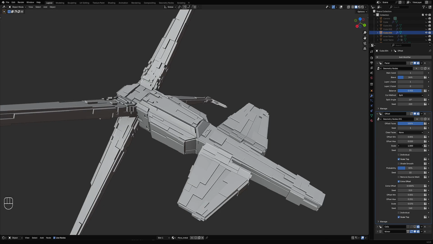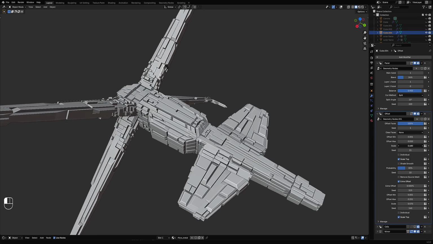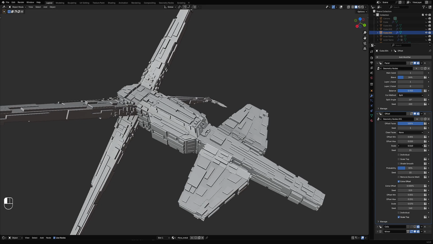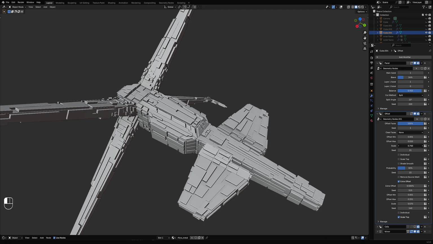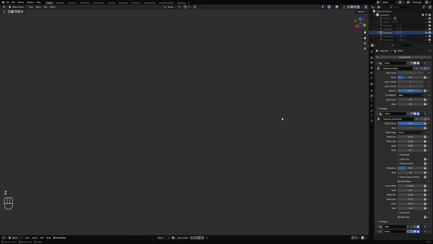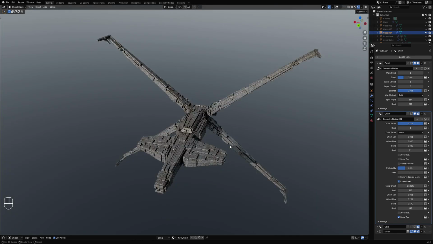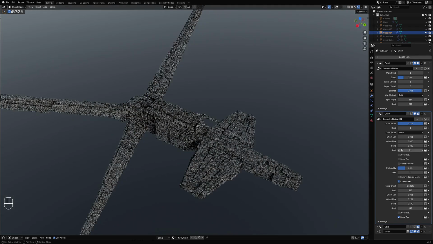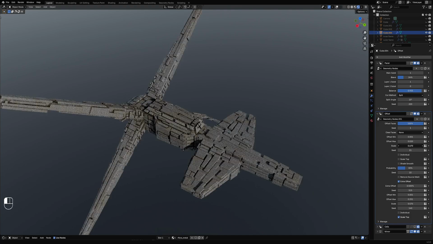Individual scaled up. There we go. If we disable, oh, so this is the scaling using the top faces, and this is with the sides. You get kind of a margin effect, so you get this kind of detail instead,